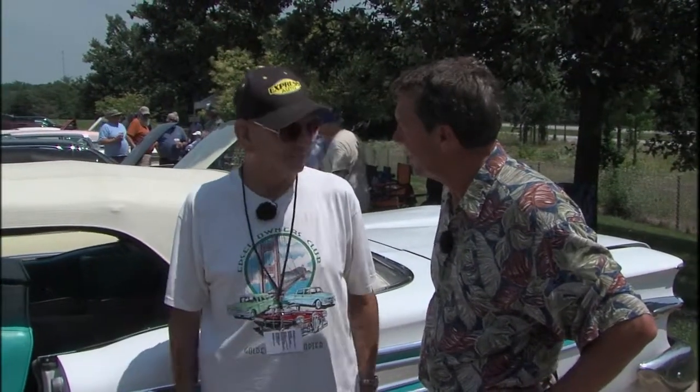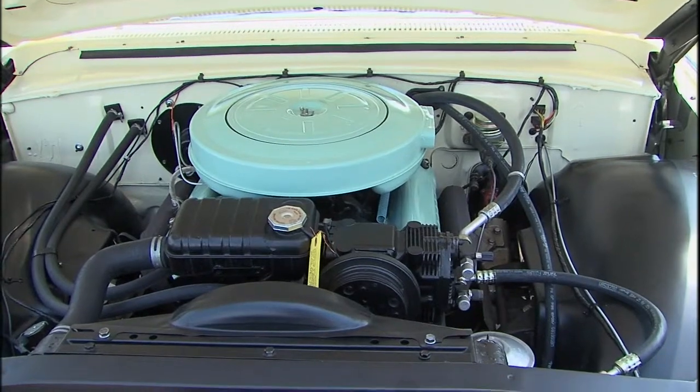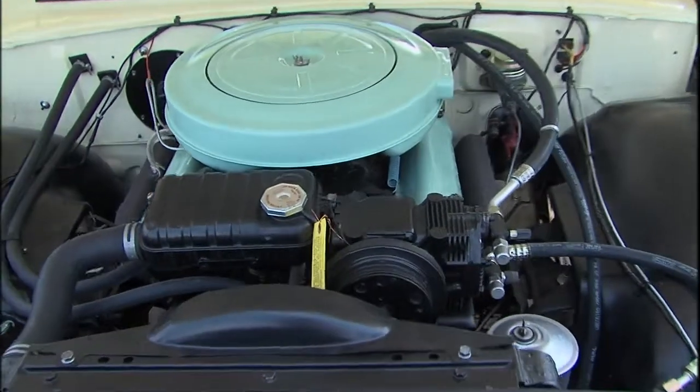Oh, I love it. I go with the top down. I bet you do. I bet you get a lot of looks too. Oh yes, many a look. It's terrific. Thank you. It's beautiful. But Dave Kirkle, we're about to look at a model that we haven't seen before,